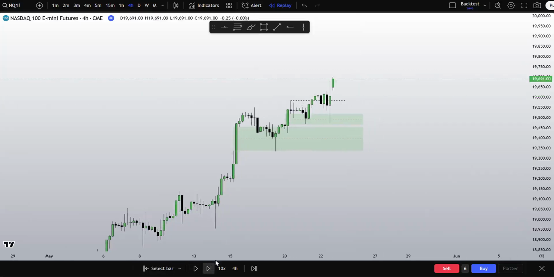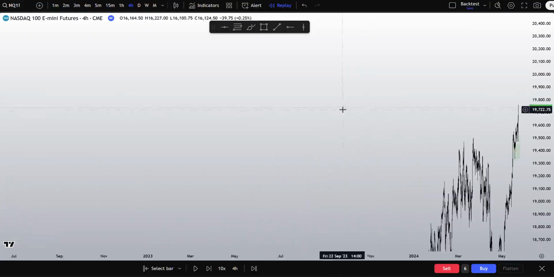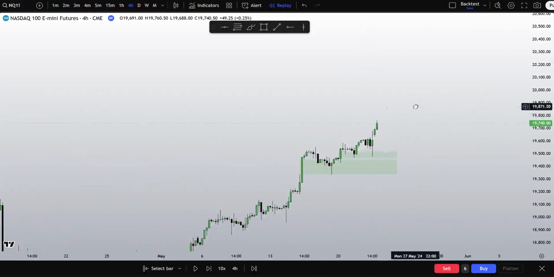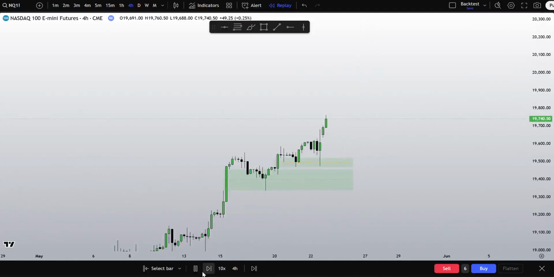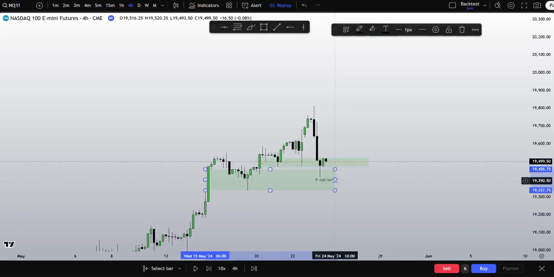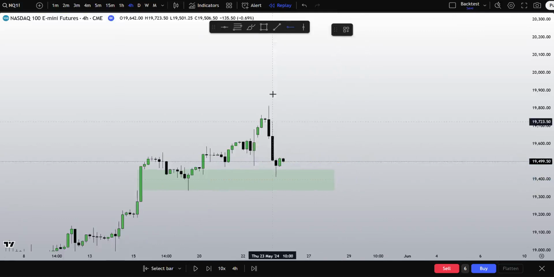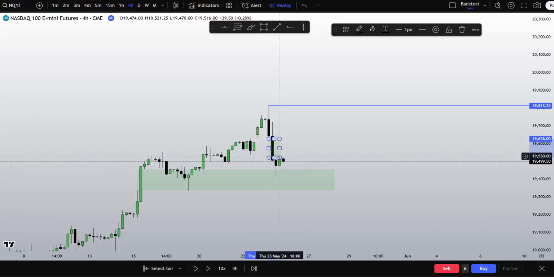I want to see how we react to this point. Once again, forming new highs. At this point, you can see there's not much you can project for price to go, because there is no price action, no context. So I'm going to wait for us to create some context. Right here, perfect. Context has been created. I'm going to mark this high, mark this imbalance.